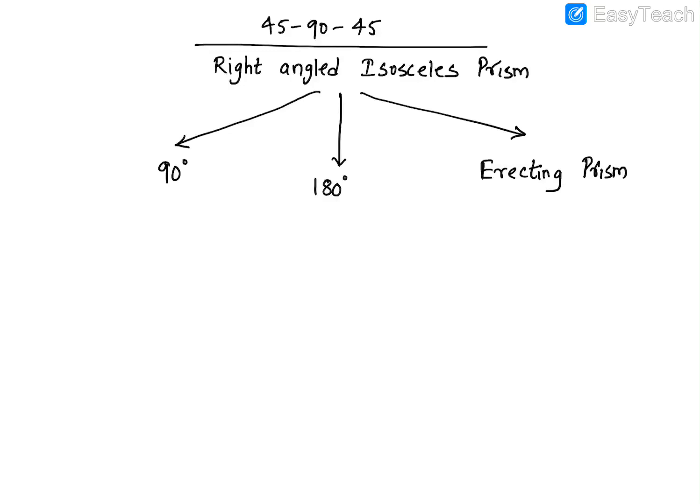Now see, the ones which I explained to you earlier, you do not need to learn by heart. They are applications. You just have to remember, and they can ask you anything to draw like that. But the ones which I am showing you now, you have to learn by heart. Because they're going to ask you, draw a 45, 90, 45 prism which will deviate a light ray through 90 degrees, and they'll ask you to draw it. So that's why you'll have to learn these by heart. You have got no other option. Okay.